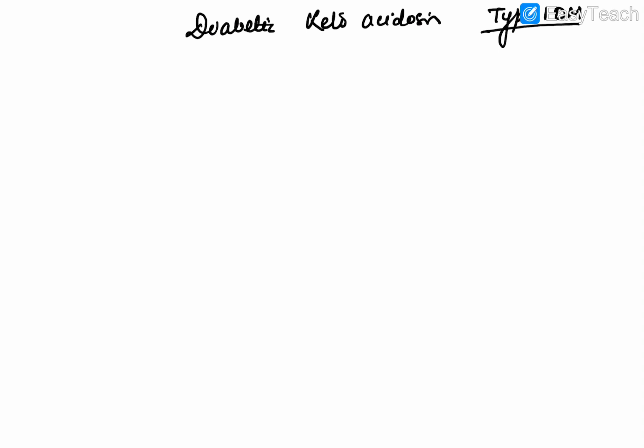So today we shall be discussing diabetic ketoacidosis, which is an important complication of type 1 diabetes. It can also develop in late type 2 diabetes, but basically it is associated with type 1. Type 1 diabetes is insulin dependent diabetes mellitus, and when there is severe insulin deficiency, though there is presence of